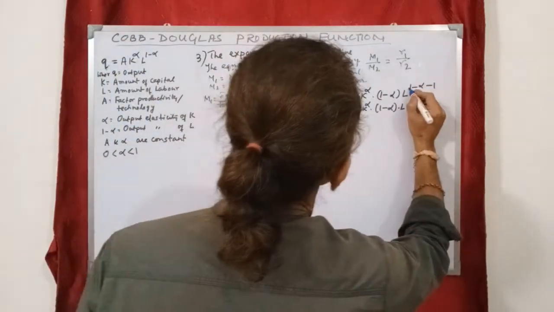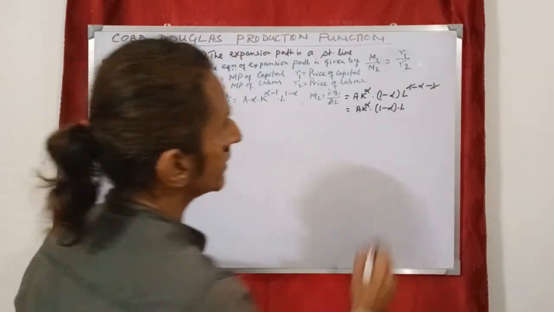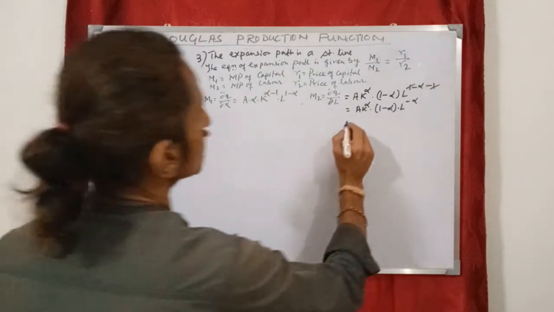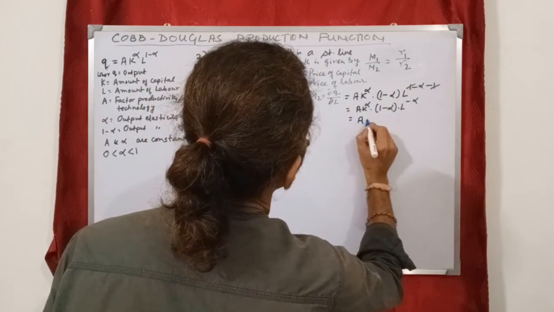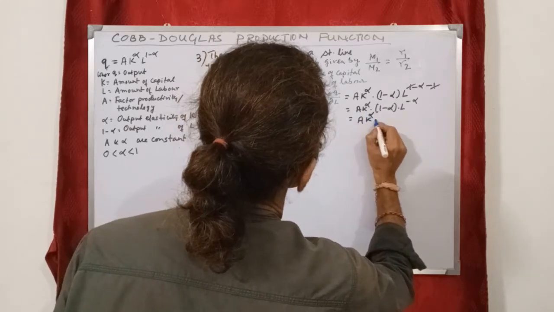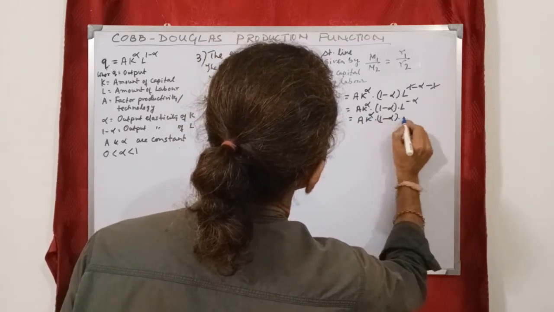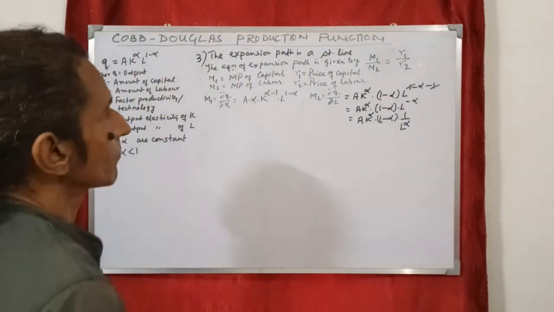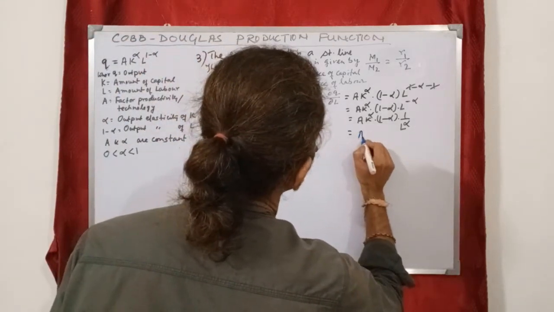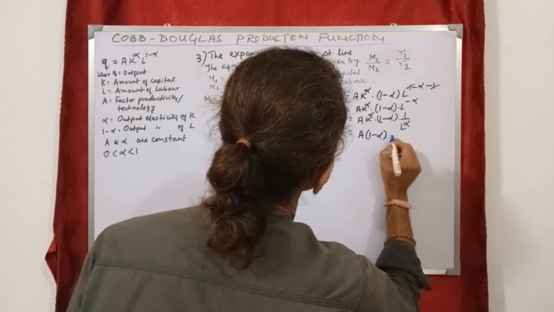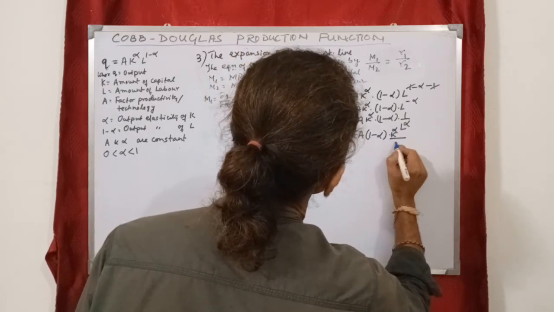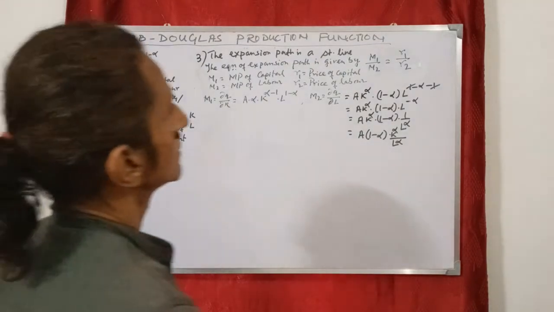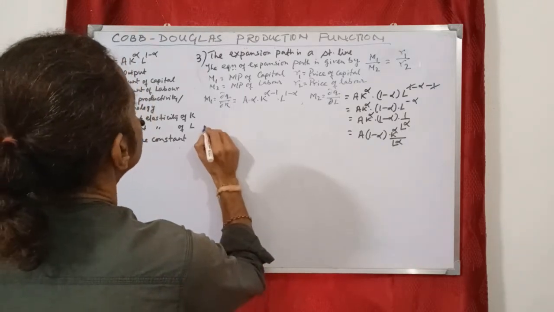So it becomes L to the power minus alpha. So this is A k to the power alpha into 1 minus alpha into 1 by L to the power alpha, equals to A into 1 minus alpha k to the power alpha by L to the power alpha. Okay. Therefore,